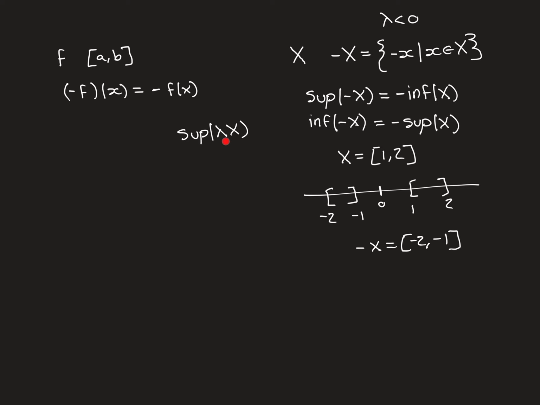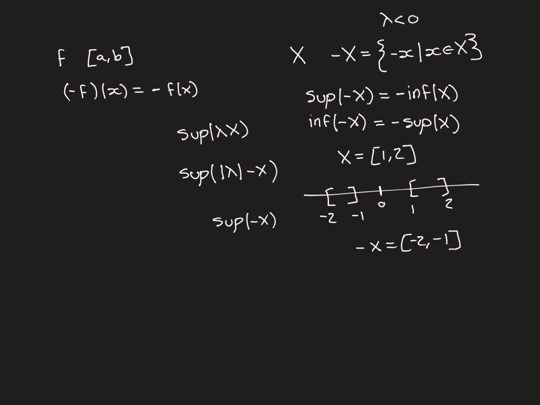If it's less than 0, then you can just split it up into the supremum of the modulus of lambda times minus x. And then you can firstly find out what the supremum of minus x is using this result. And then if you want to know what the supremum of the modulus of lambda times minus